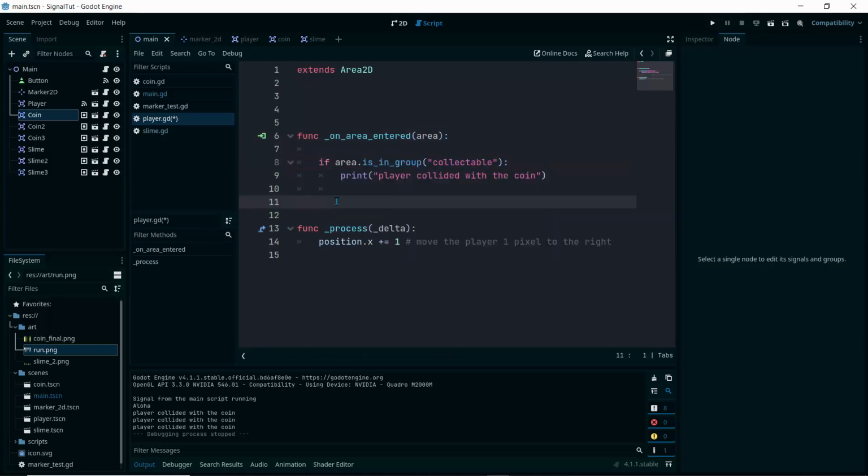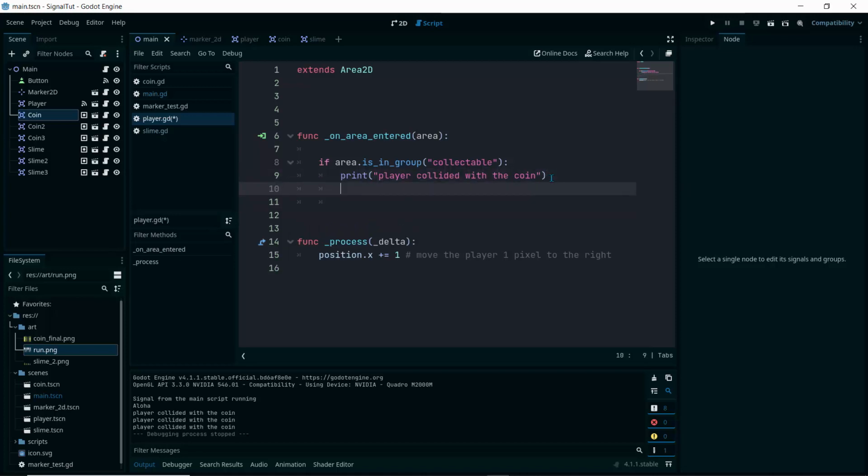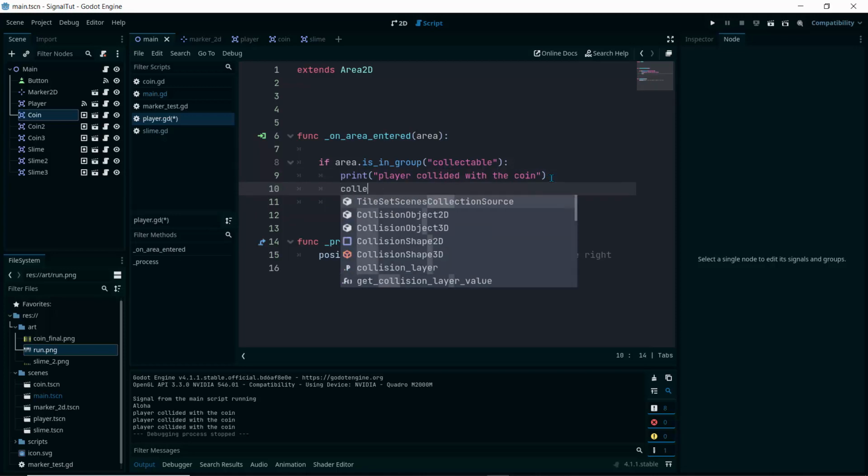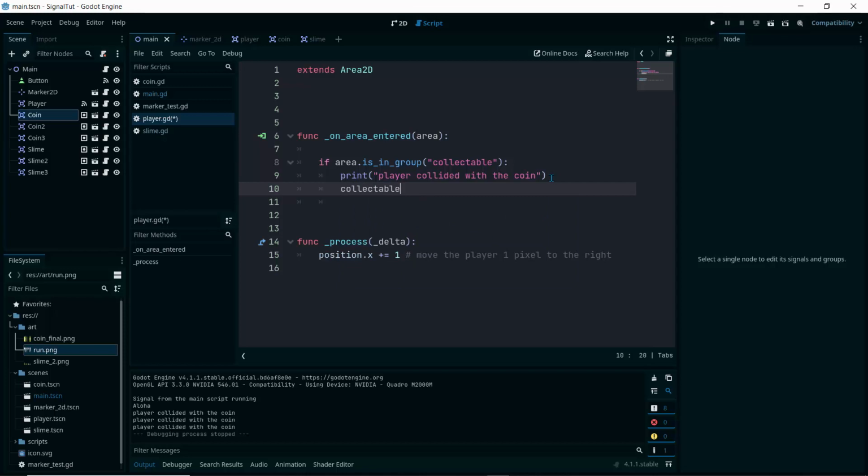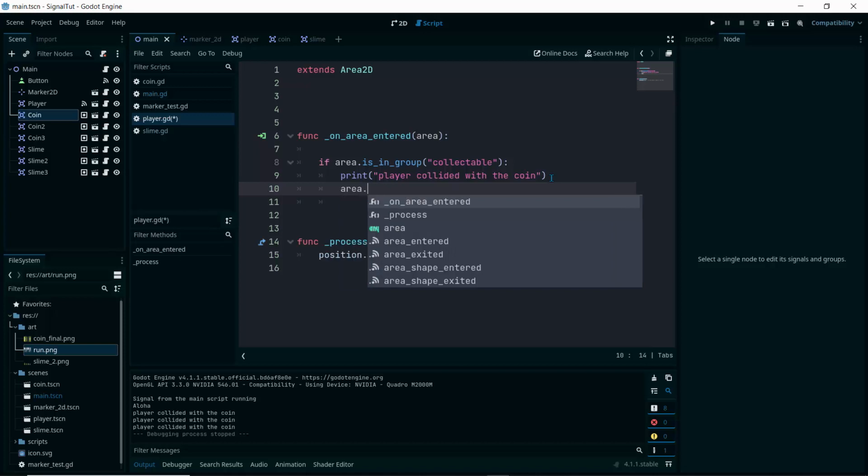So if this area that is in the same region as the player is in a group called collectible, basically I can have more items and put them in a group collectible as long as they are in an Area2D. The region will detect that this is the object. So I'm just going to do collectible dot coin underscore. Sorry, I think I called it area, so I'm just going to say area dot coin